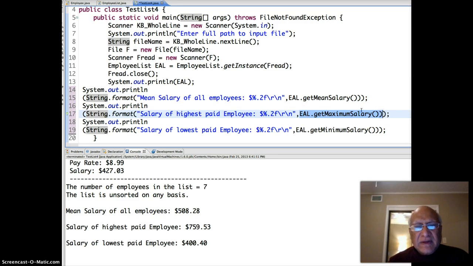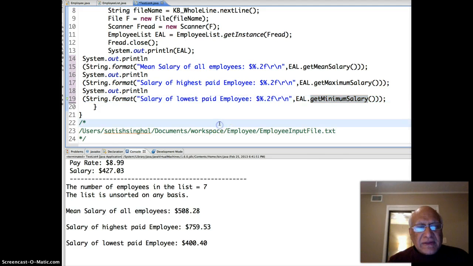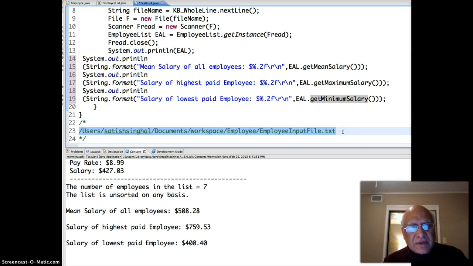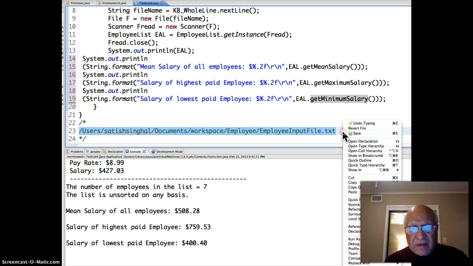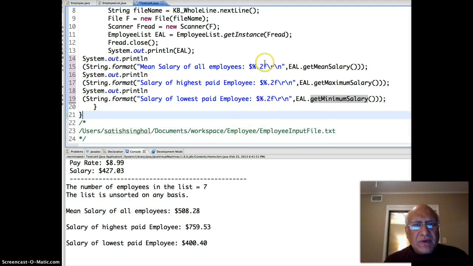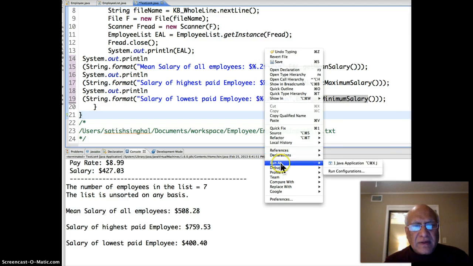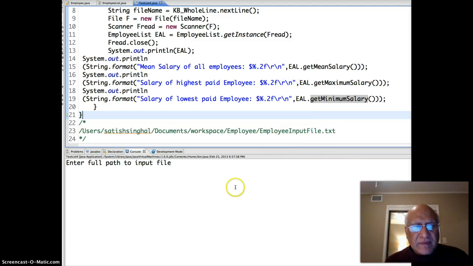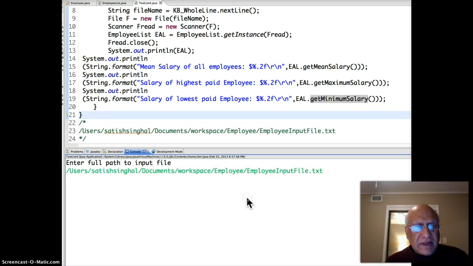And the same way I call here the get maximum salary, so this should give us the maximum salary in the list, and the minimum salary. Okay, I need my file, so my file is stored here, so I'm gonna copy that. Okay, let's see, I think Control Command C will copy on Mac. And I run my program now. Run as Java application. Give the full path to the file